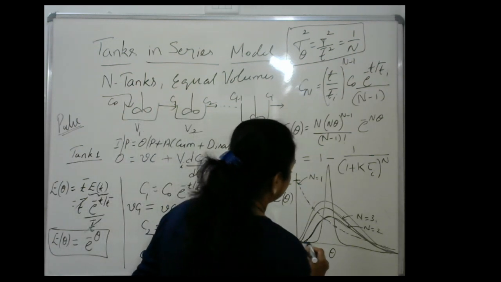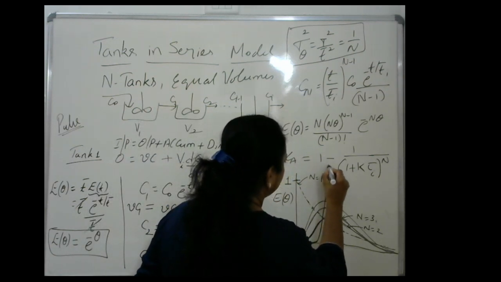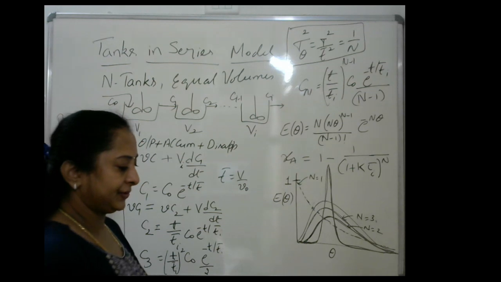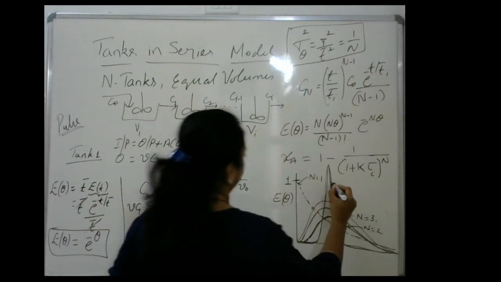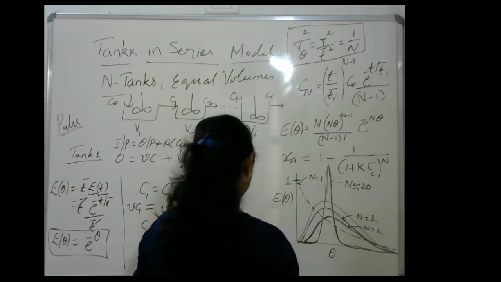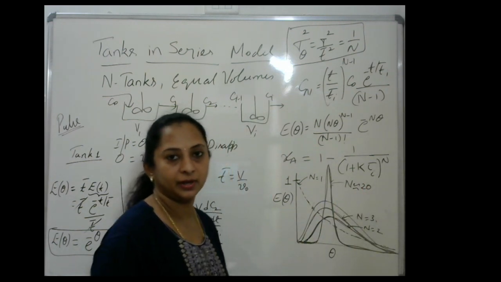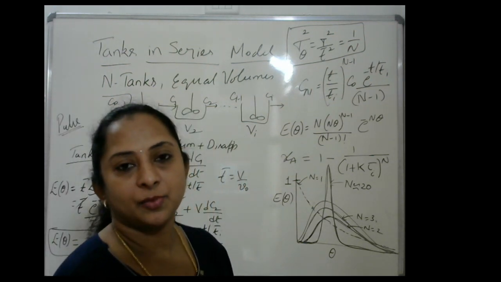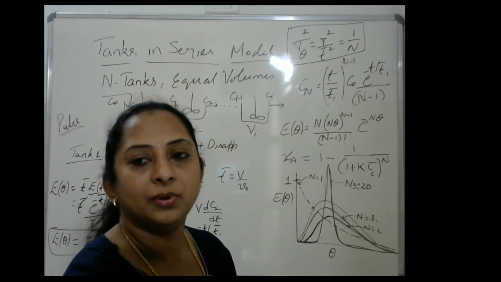So see, you can see this nature of the graph. It's a spike shown for PF. So this is the nature what you get. So this is approximately N20 I can take, somewhere near N20. Okay. Yes. So this is about the tanks in series model. Now let us work out a problem.